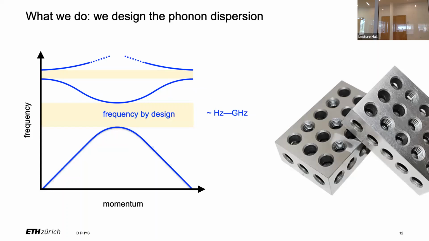And of course, the moment you drill holes, if you drill holes every 5 nanometers or a hole every 2 centimeters, you're going to choose which frequency range you address. So in that sense, we're somewhat scale invariant, up to fabrication limitations. And that's very different to the 2 talks we had in the morning, where you put elements together, you try to find out what are stable crystalline structures that then have some electronic properties. So where one of your design toolboxes is chemical composition, for me it's geometry.